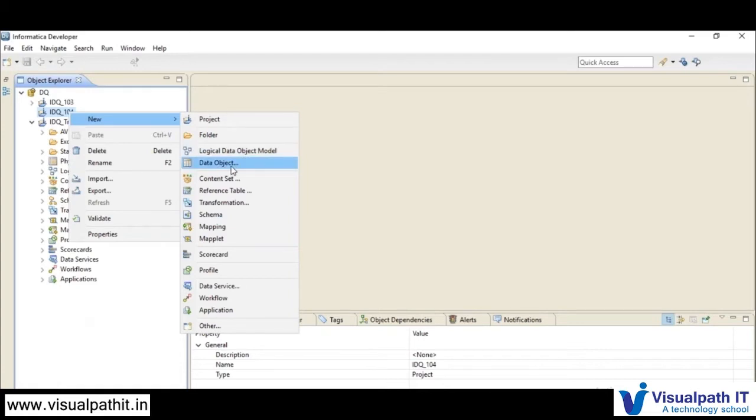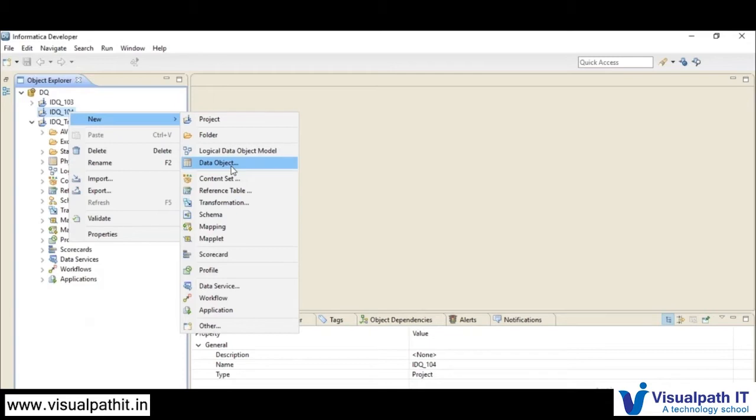So here we will be using a term called data object. It's a generic term. Compared to PowerCenter, the data object is segregated into two ways: one is sources and one is target. So there we will have separate sections. If you want to add a source data object, we will go for source, and it will sit in your source structure. And whenever you are preparing a target table, then you have to add it in target.